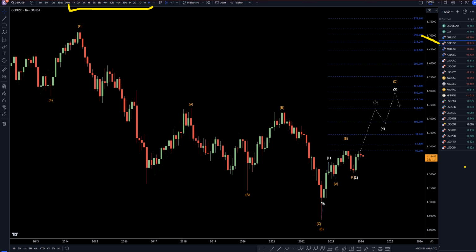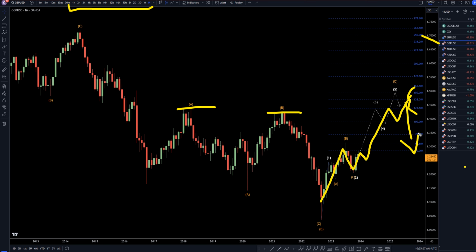So on the pound dollar, I'm still very bullish overall. I do understand that we are going down now, but I still think it's going to make some sort of a five-wave pattern to the upside. I still think it's eventually going to take out these highs and probably go out to one of these Fibonacci extension levels. And looking at correlated pairs, I still think it's going to end up being like a wave C of maybe a running flat before it actually does end up continuing the downtrend.